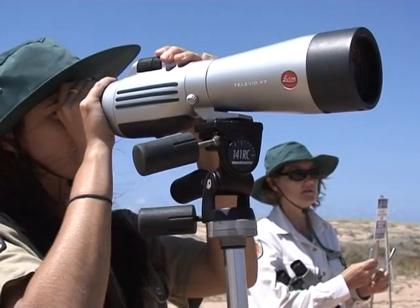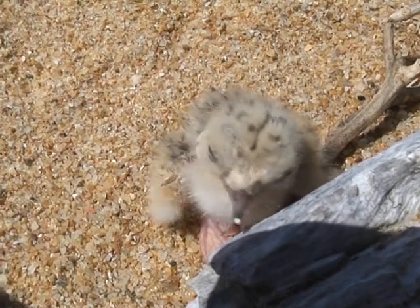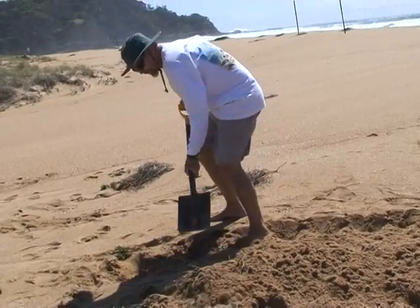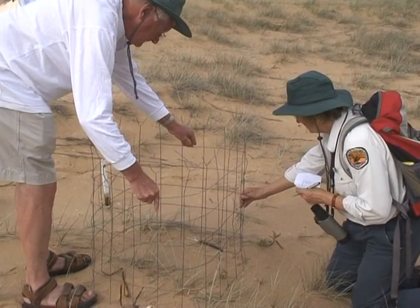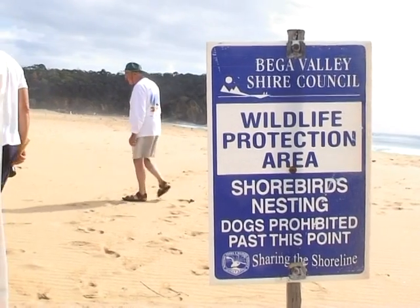The New South Wales National Parks and Wildlife Service has developed a recovery program to help increase population numbers and breeding success of these threatened shorebird species. In order to achieve these aims, the National Park Service has relied on the help of an army of volunteers for more than a decade. Their assistance has been critical to protecting nesting areas from disturbance and helping to educate the wider community on the